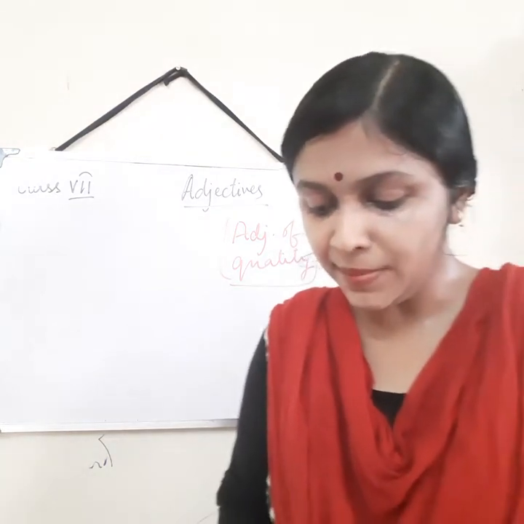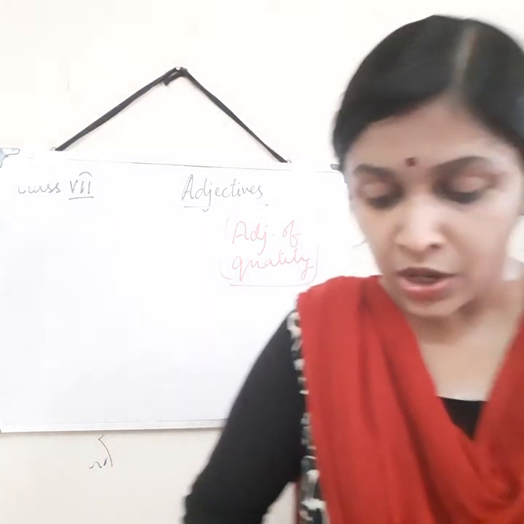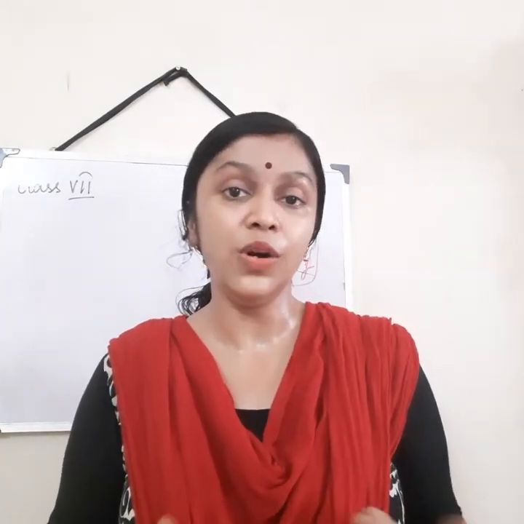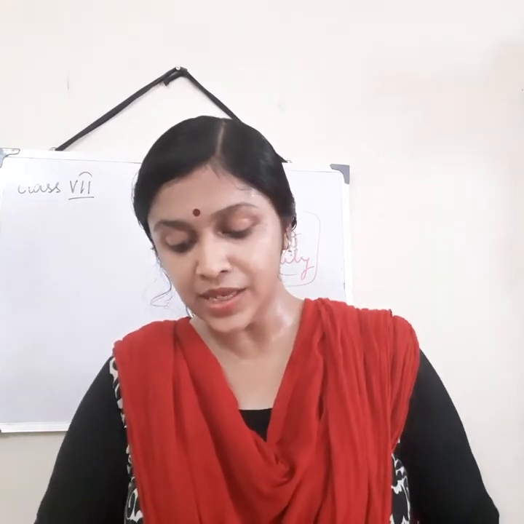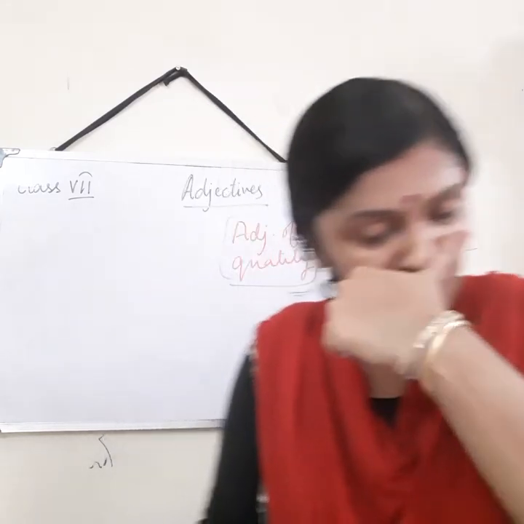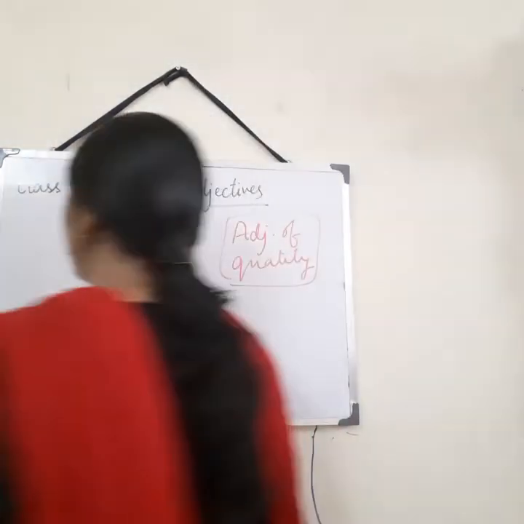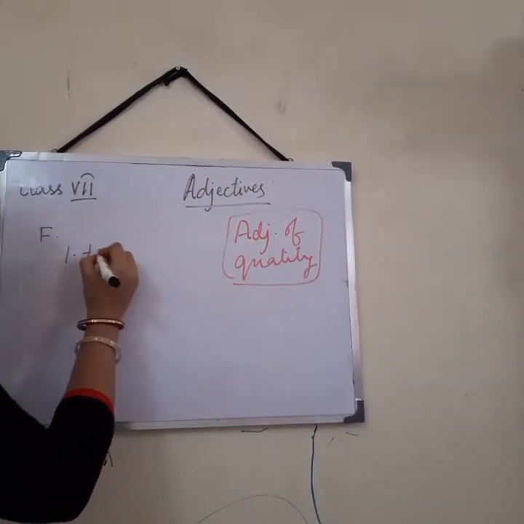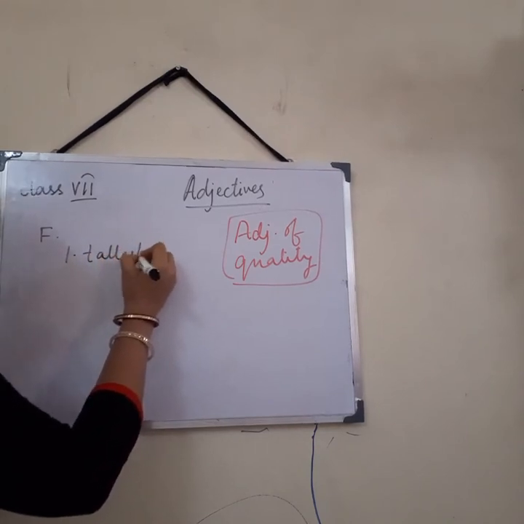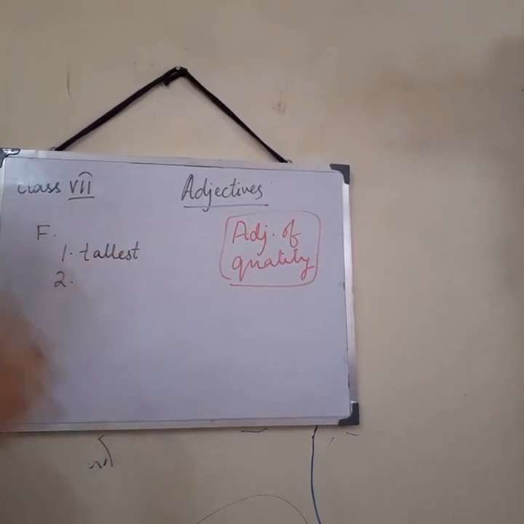You have to fill up the blanks with the correct degrees of adjectives which is given in the bracket. That means you have to understand what will be appropriate for each of the sentences. The first one, Ramu is the dash boy in the class. So it is obvious we are going to use the superlative degree. So it will be tallest. As two indicators are given, first of all we can understand the comparison is made among more than two individuals. So first of all it will be superlative.